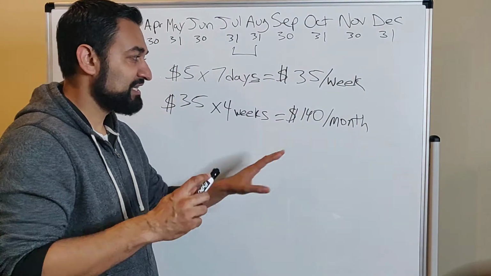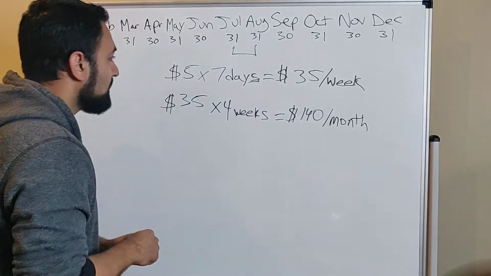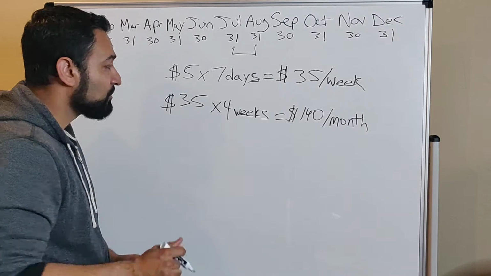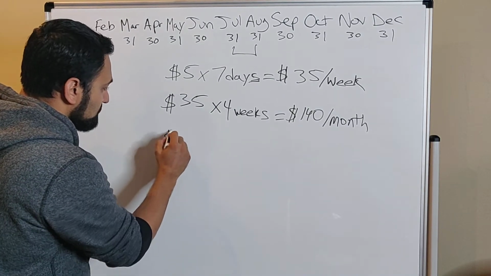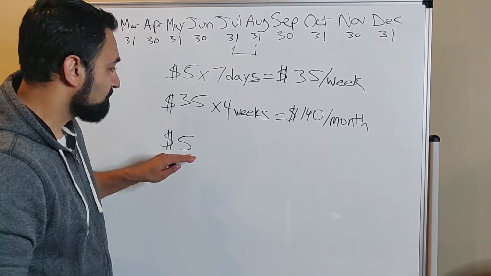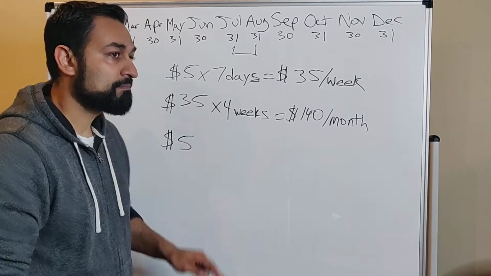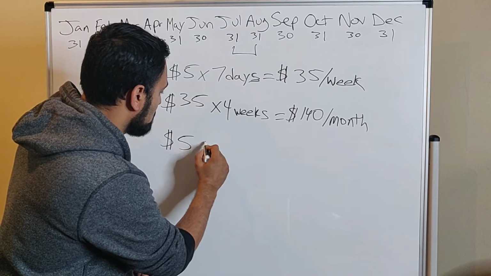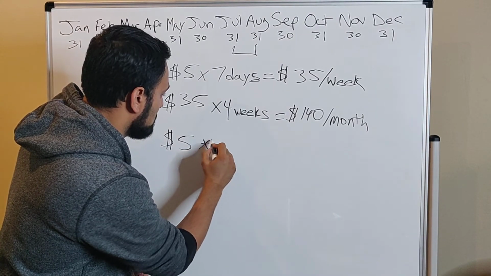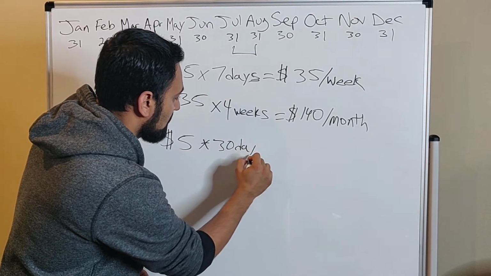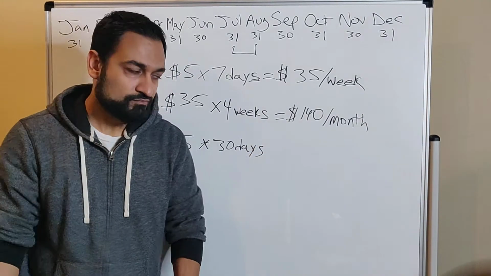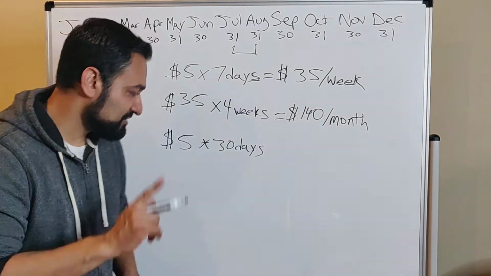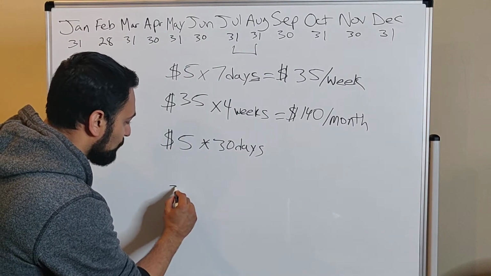Now, here's where it gets interesting. Now, let's do it another way. Let's just say we're doing $5 a day, now for the month, times 30 days on average. And the reason why I'm doing 30 days instead of 31 is because